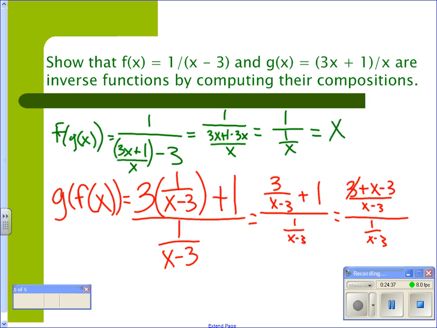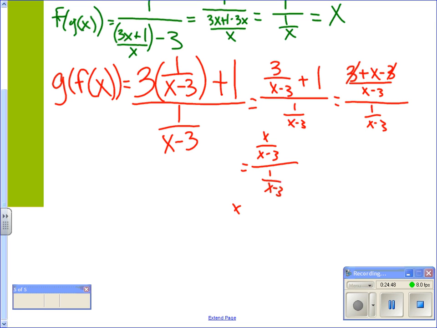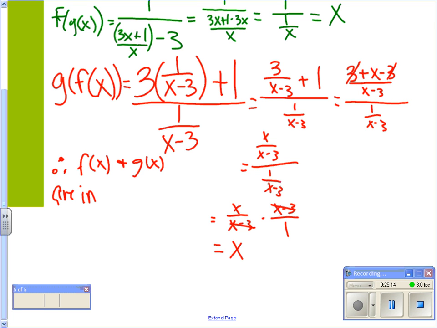Which would become x over x minus 3 over 1 over 3. X over x minus 3 times x minus 3 over 1. Does that make sense? And then what? These cancel. We're left with x. Therefore f of x and g of x are inverse functions